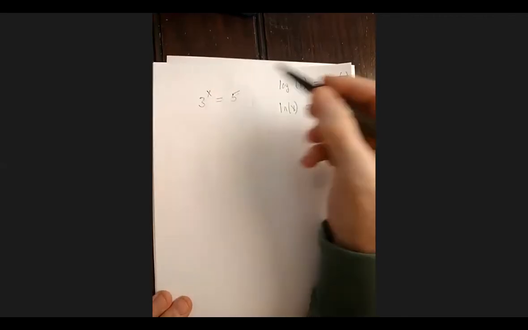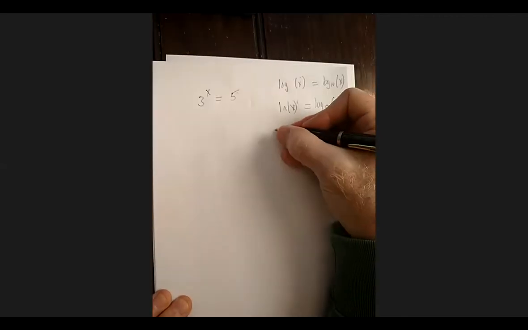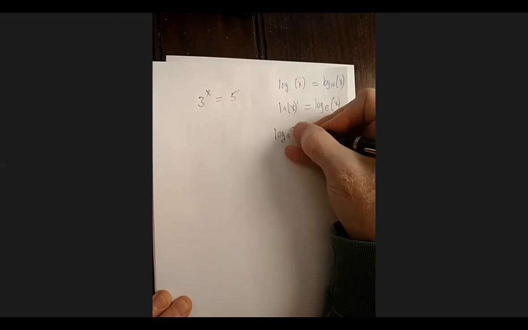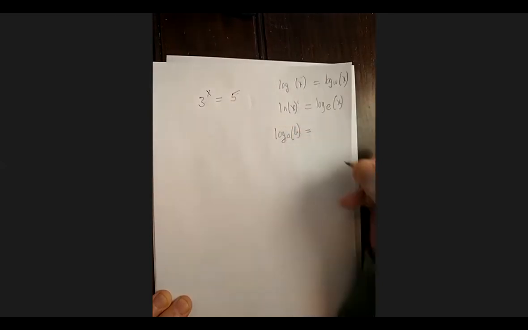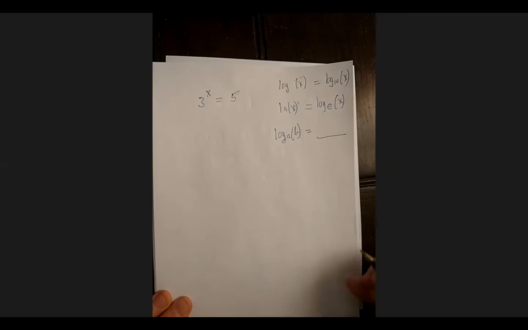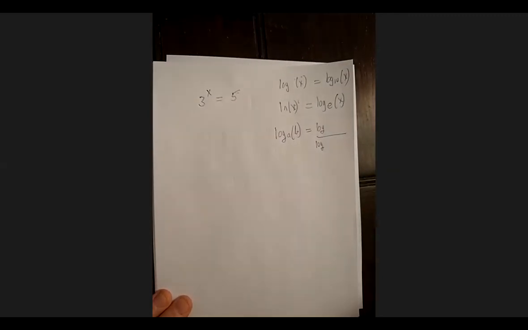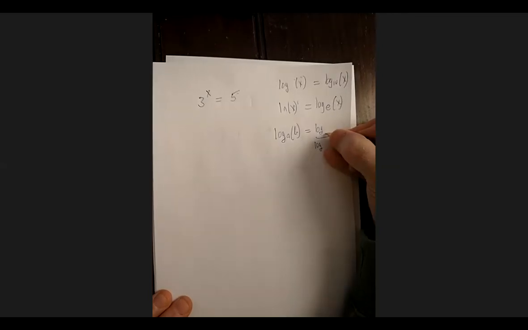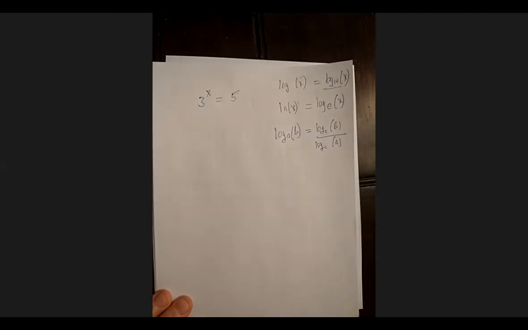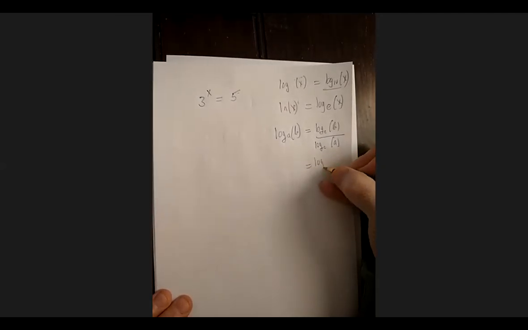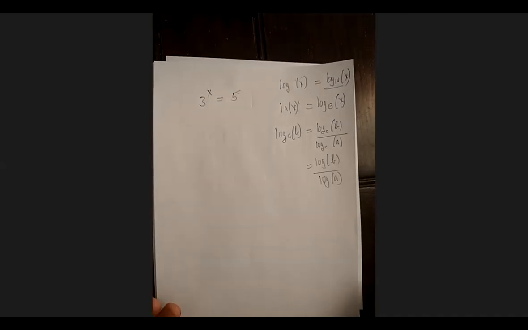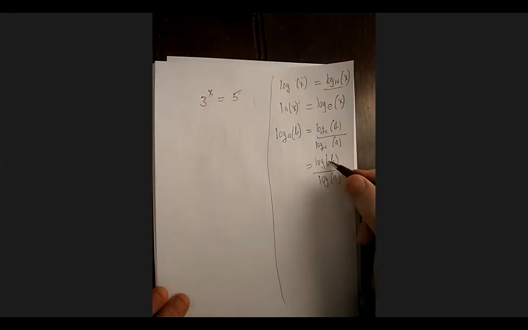So neither of these numbers are going to work for this log. So I have to know the change of base form. The way that I remember that is it's a fraction. I have a log on the bottom and on the top, and it doesn't matter what base it is. It's just going to be the log b over the log a of whatever base I want to use. I'm going to use this base just because. I could use natural log and get exactly the same answer. Okay, so I need to use that rule.